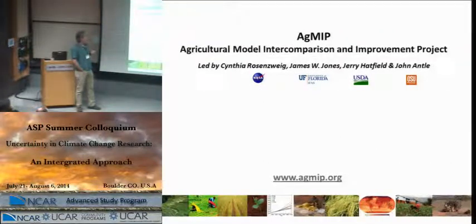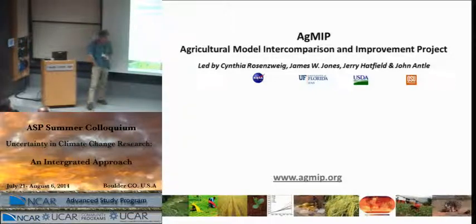AgMIP. AgMIP is an agriculture model intercomparison and improvement project. So it's very similar to the climate model intercomparison and improvement project, which has been initiated and started about 4 years ago by Cynthia Rosenzweig from NASA, which might be familiar to most of you, together with Jim Jones from University of Florida. It's a colleague of mine at UF, and Jerry Hatfield from USDA, and more recently, John Antle from OSU joined the leadership team